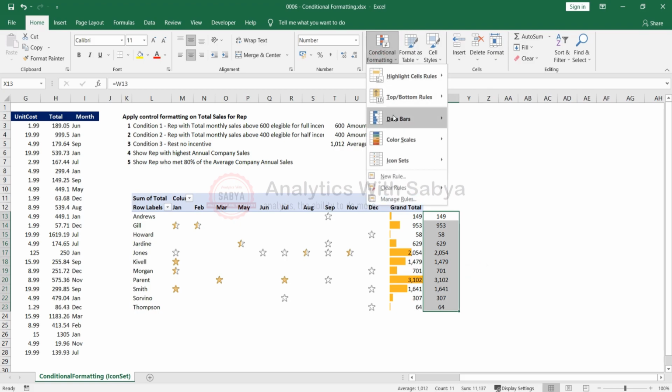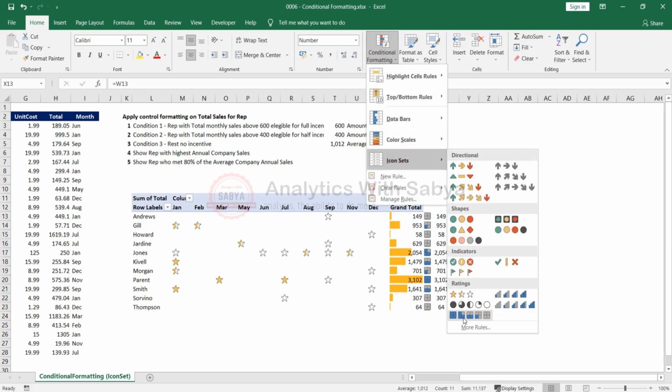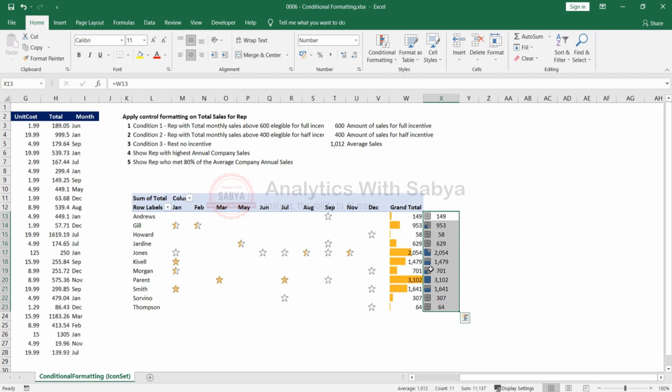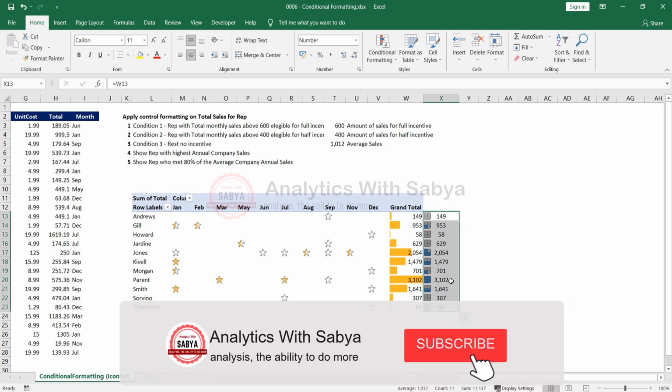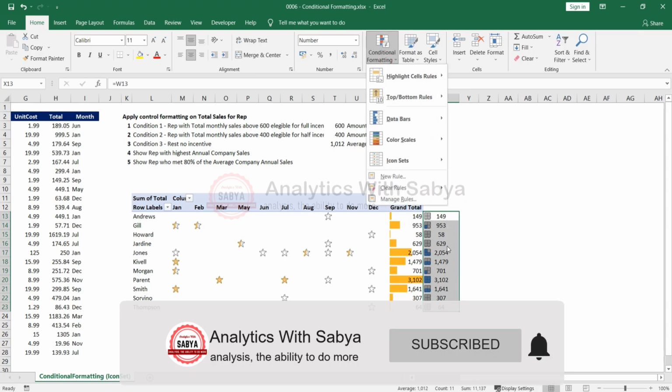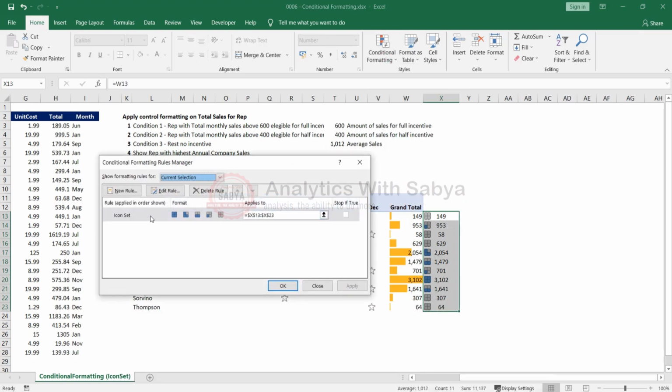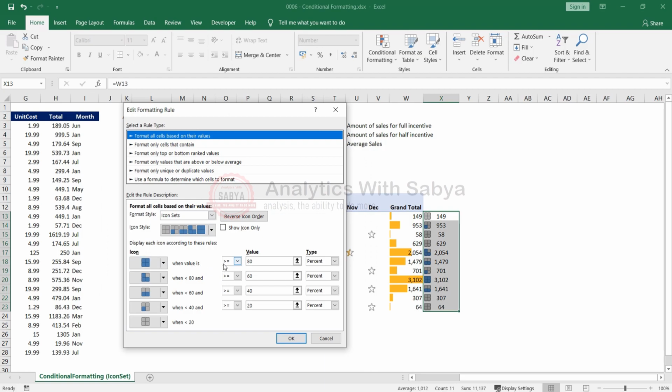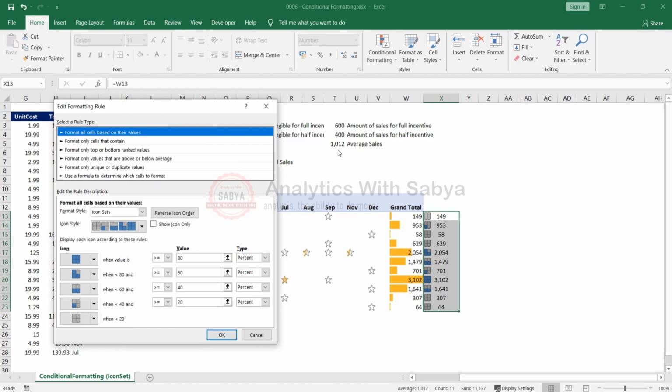Click on conditional formatting, icon set, and then we will select this one, which is 5 boxes. Once we click on 5 boxes, by default Excel defines whatever it thinks is the right conditional formatting for that, but we need to check into it and define it based on our requirements. So highlight this cell, click on manage rules, double click this, you will get the rules over here. Right now Excel has just given 80%, 60, 40 and 20% based on whatever it feels is appropriate. We can change them. So we have a defined number over here which is 1012.